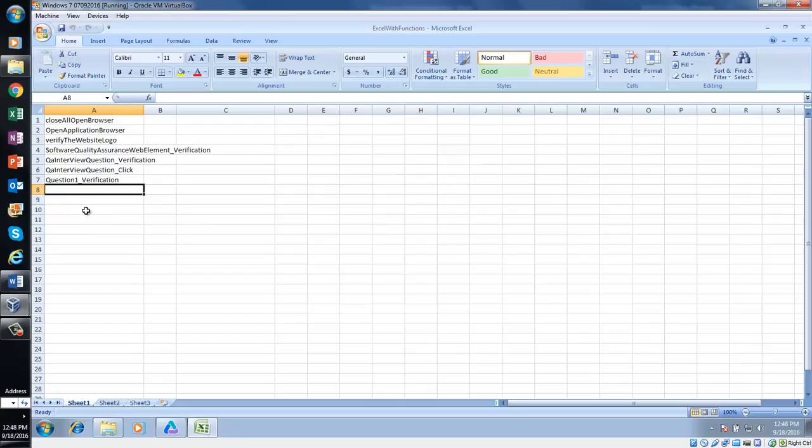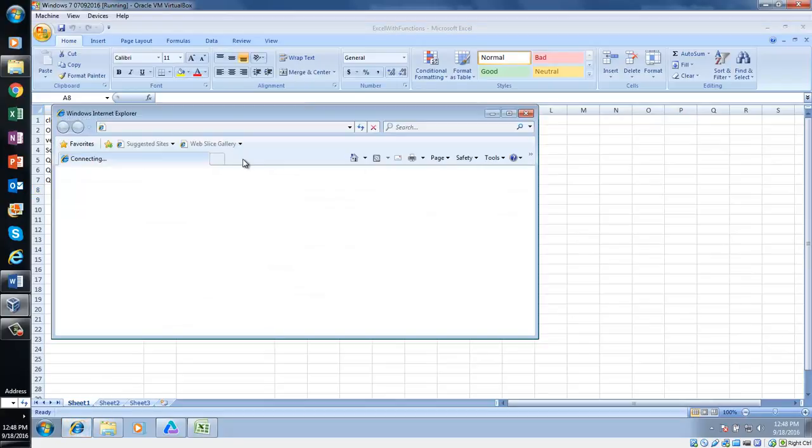We will be calling these functions sequentially from here. What we are doing in this test case, our test case is to go to